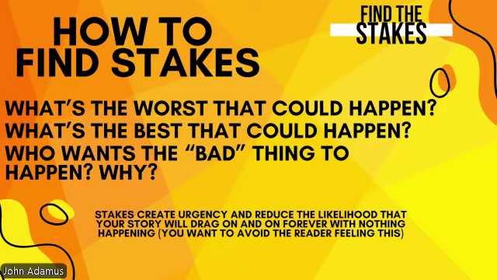The third part of this is who wants the bad thing, because every character is going to consider some outcome bad, and they're not all going to be the same and they're not all going to agree on it. But who wants the bad thing to happen, and why do they want it to happen? Bob and Tom think that Kevin wants the promotion at work and it's just the worst ever because Kevin's an asshole and Kevin wants to climb the corporate ladder and just ruin the company. Your character's perspective on what the bad thing is and who wants it says a lot about the relatability of your plot.